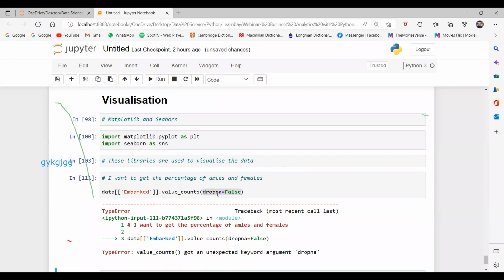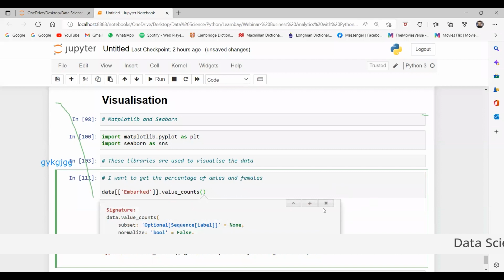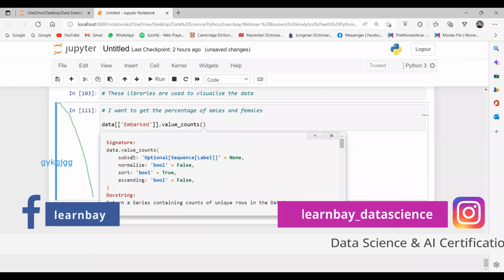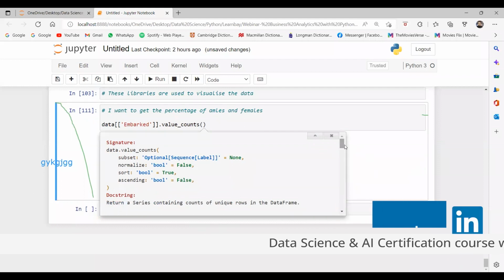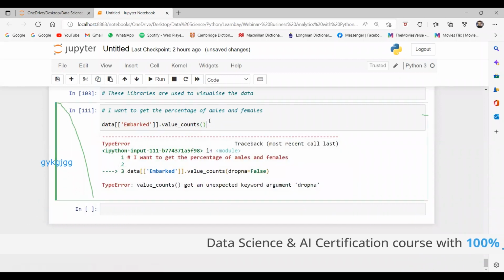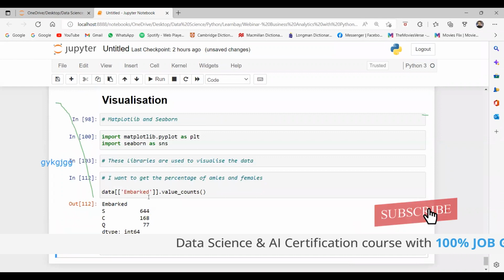I want to get the percentage of males and females. No, that is the dropna parameter we can pass. That is commented. So subset, normalize, ascending. What is the docstring? None. So maybe it is not taking the dropna, but we can pass it. I don't know why it is not taking.